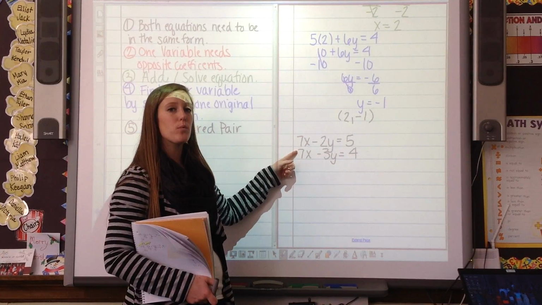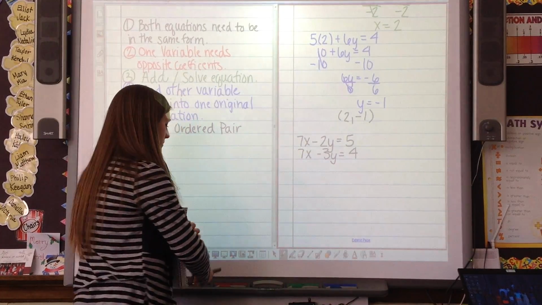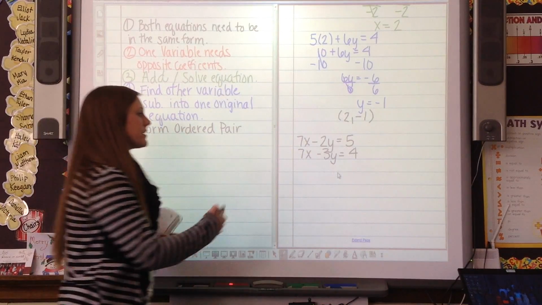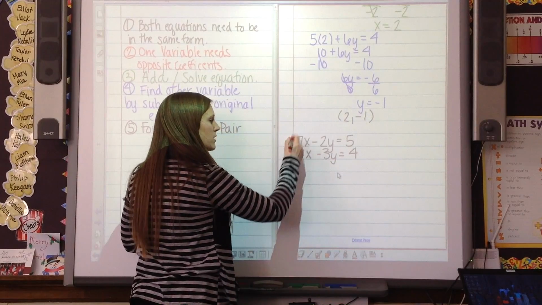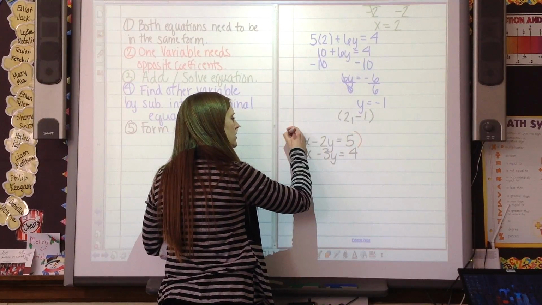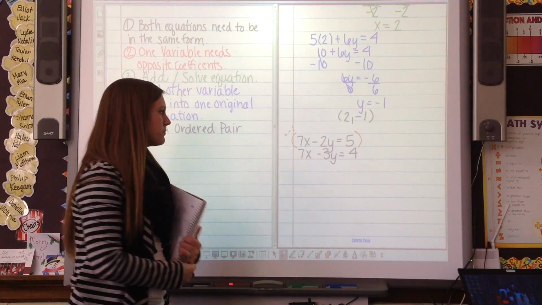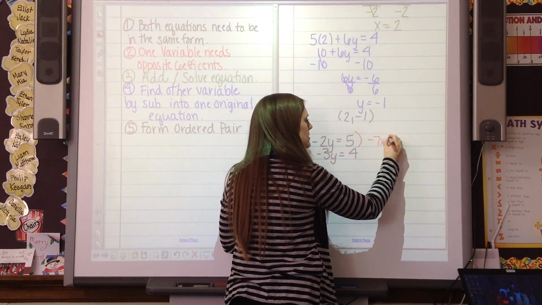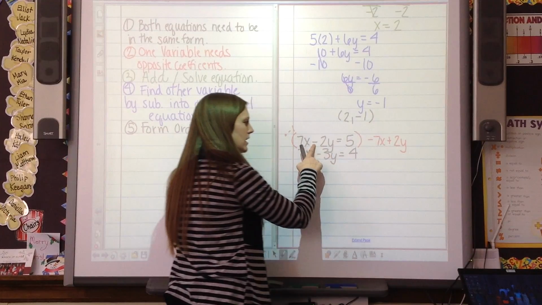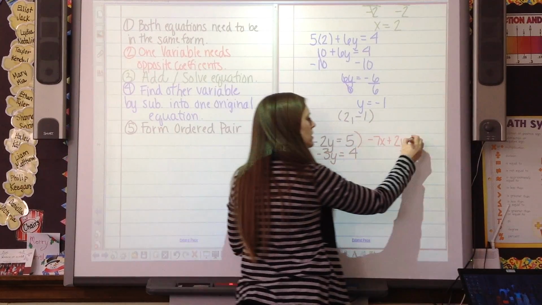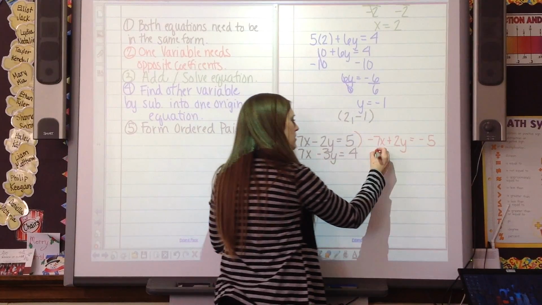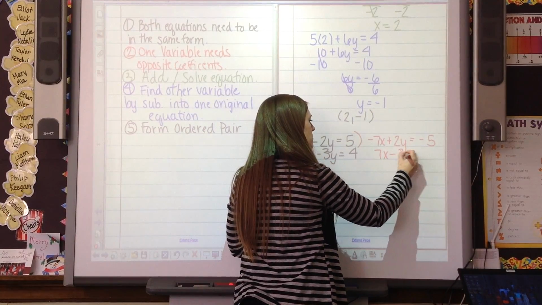I would have to multiply one of the equations by a negative 1. It doesn't matter which one you multiply by a negative. Now the last problem, I multiplied the bottom equation by a negative, so I'm going to show you what it looks like when you multiply the top by a negative. Multiply the whole equation. Negative 7x plus 2y, negative times negative is a positive, equals a negative 5. I did not change the second equation, I'm just going to drop it down